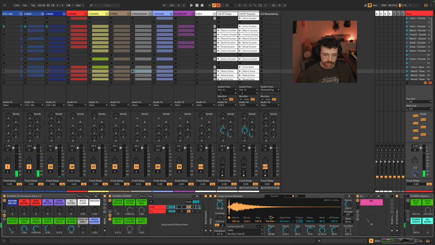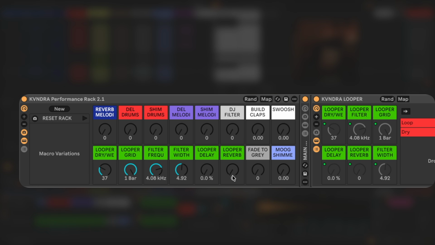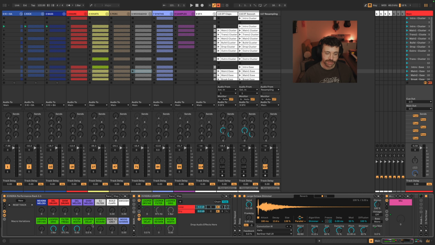Yeah, that's basically the looper device. So yeah, a lot of different devices, a lot of different effects. It actually works super nice. The cool thing is I have a snapshot created here, which is called Reset Rack. You now see I have all of these effects turned in different ways. If I click Reset Rack now, everything is set back to the default state, which is extremely handy when performing